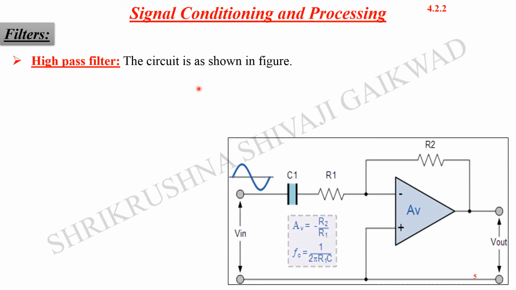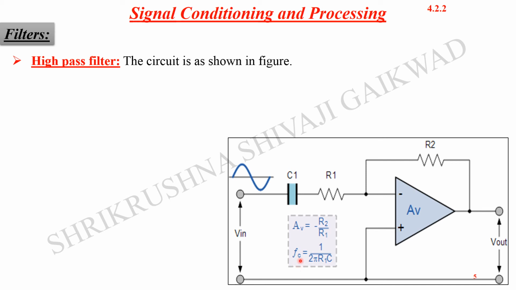Now the next amplifier is the high pass amplifier. Going back to the low pass filter circuit diagram, the capacitance is in the feedback, but in case of the high pass filter, the capacitance is at the input stage. This is the only difference between the low pass and the high pass one. If we change the position of the capacitance, we can switch between the low pass and the high pass filters. So the gain remains the same, that is R2 by R1 with the negative sign for the inverting amplifier,